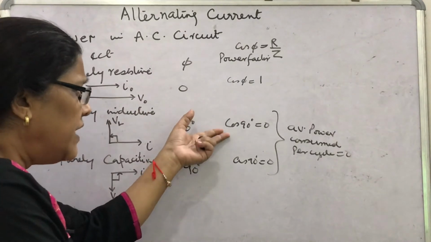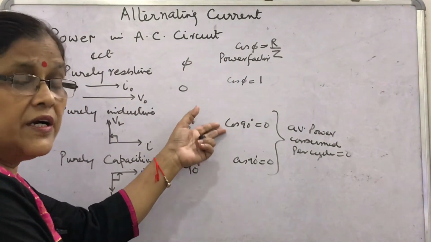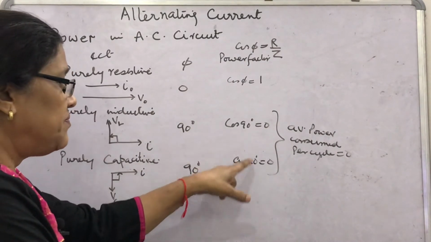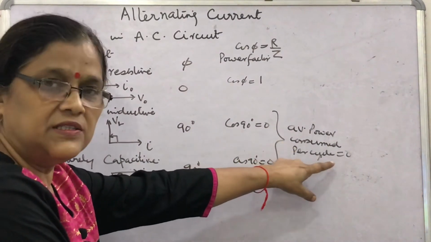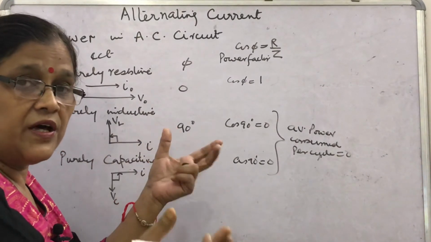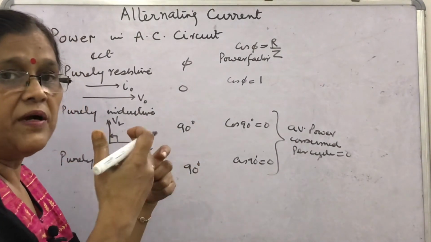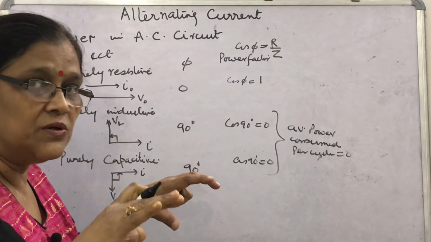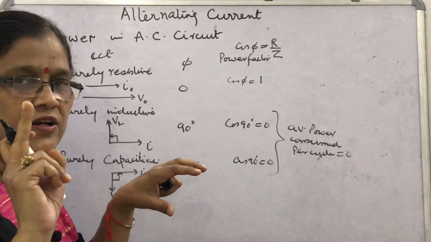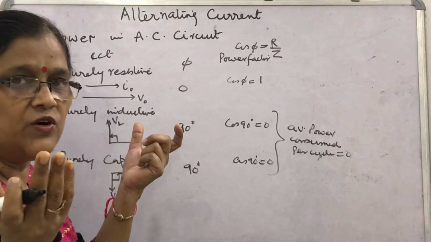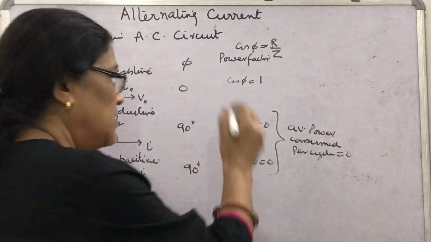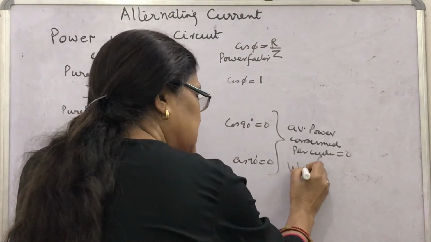So, negligible power or little power loss takes place. Ideally, we say the average power consumed is 0. So, in such a circuit where current is flowing but power consumed is 0, what is that current called? Wattless current. You know, the unit of power is watt. Wattless means power is not consumed. So, what is wattless current?